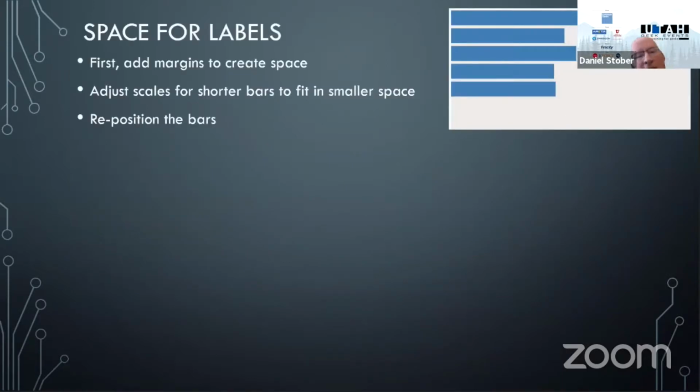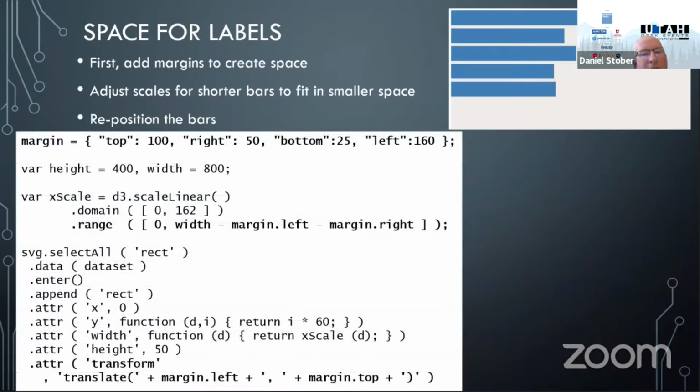Okay, so last but not least is data labels. You see I have 5 bars here and they map to my data, but unfortunately, it doesn't really mean anything yet. A user can look at that and there's no context as to exactly what that means. So I've got to label them in some way. But unfortunately, because I made all of the X positions be 0, I didn't leave any room for labels. So before I can put labels on, I first need to scooch them over a little bit and provide some room for labels. The way I'm going to do that is I'm going to create margins inside of my